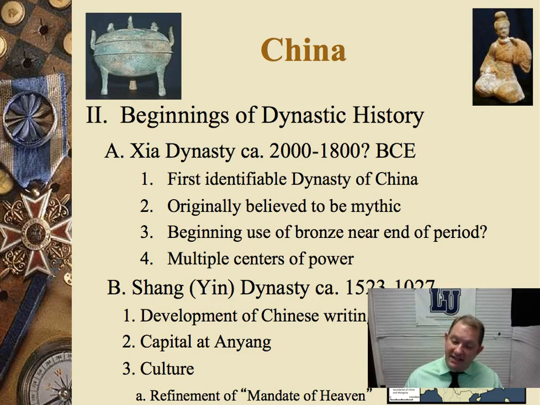Our first dynasty of China is called the Xia dynasty, which dates from about 2000 to about 1800. Now, this dynasty actually predates Chinese writing, which means that the Xia dynasty is in fact a prehistoric Chinese dynasty. We can't really identify a lot about its nature except based on its archaeological evidence. What we can say is that they seem to have multiple centers of power,